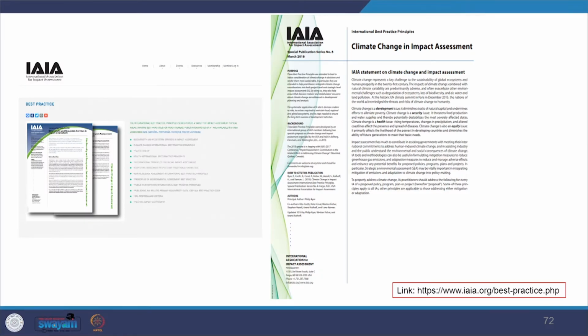Further, we see the International Association for Impact Assessment, IAIA, also provides best practice guidelines on handling climate change in impact assessment. It provides key principles and how they might be operationalized through government, screening, education of practitioners, and by employment of local and indigenous knowledge. So what principles can be adopted and how they can be implemented on the ground. So you see here the principles.